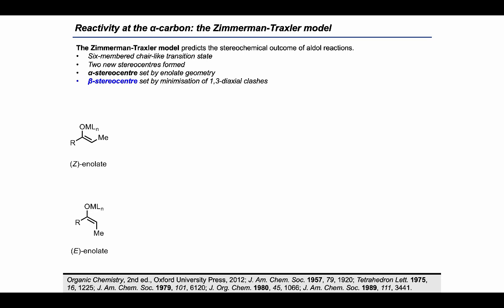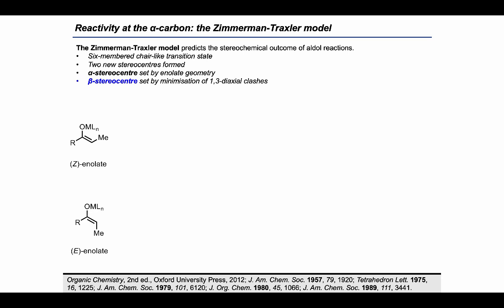This is important as the enolate geometry defines the stereochemistry of the alpha position in the aldol product. As we touched on when looking at asymmetric alkylation reactions using Evans auxiliaries, enolate geometry can be influenced by a number of factors, including the substituents of the carbonyl substrate, as well as the metal, base, and solvent used for enolate formation. We won't look at this in more detail here, but it's useful to know that enolate geometry can